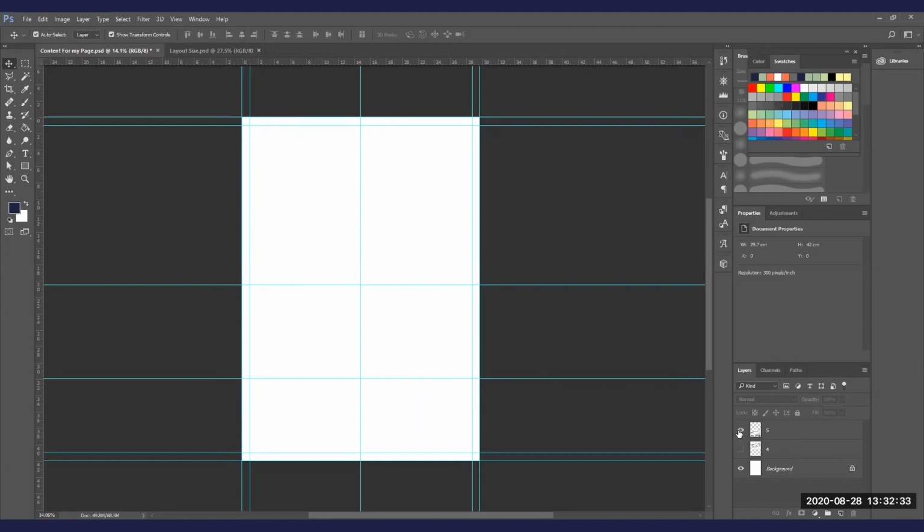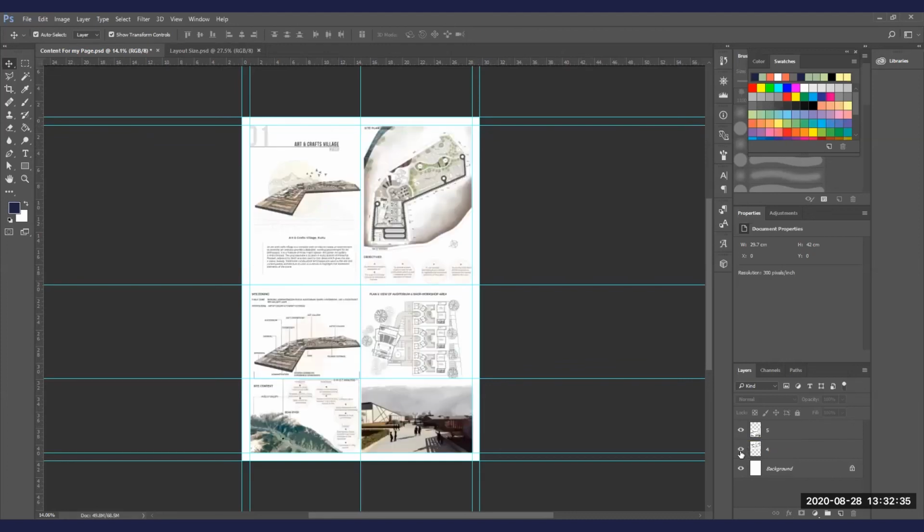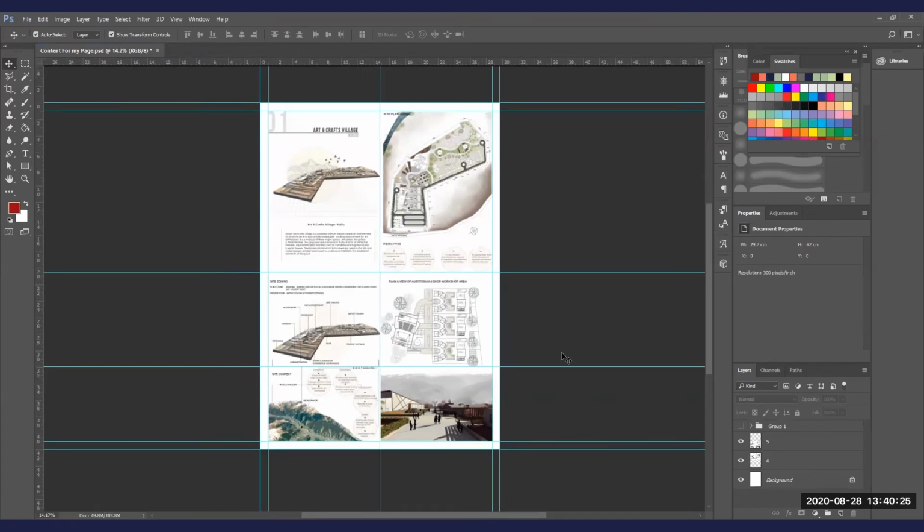Now I'm going to turn on the layers and show you how I have placed them. As you can see, these two pieces of information needed a lot of space, so I have given them the top area. Here, the small plan, views, side view, all these things are coming. So this is my sheet layout.